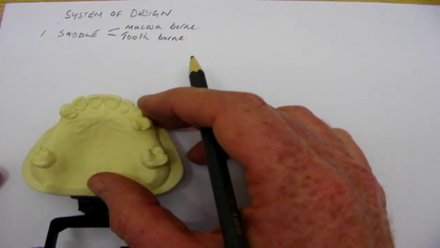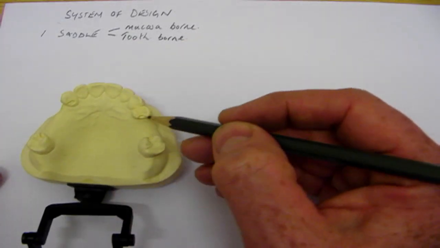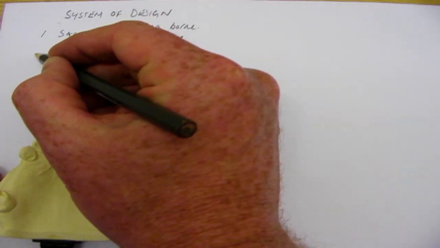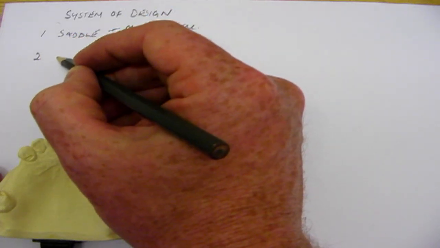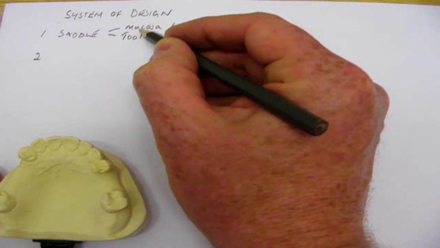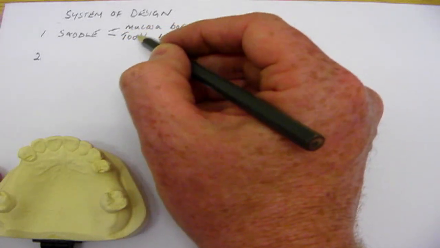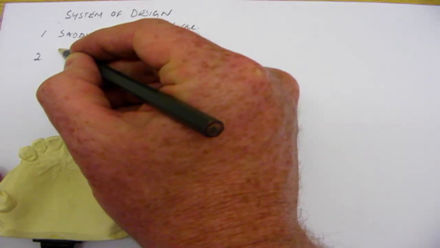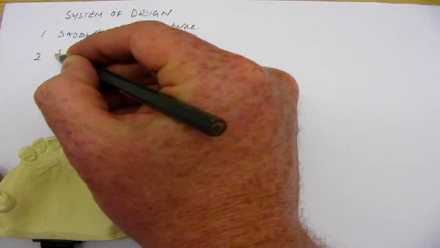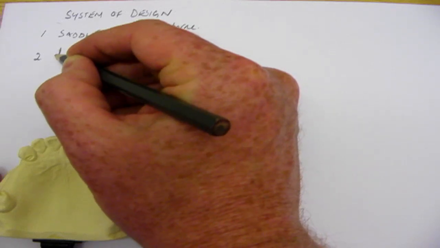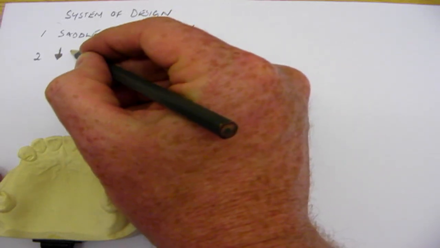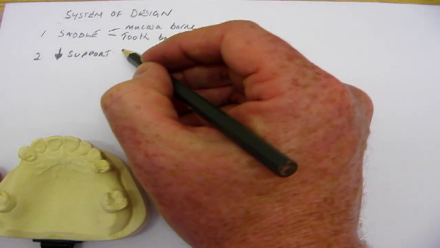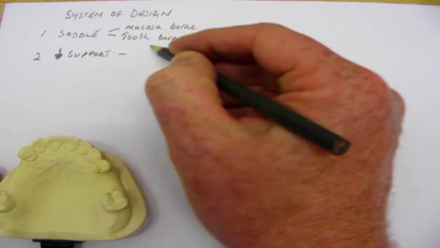Okay, so you would highlight your saddle area to start with, think about which teeth you're going to be replacing, and then secondly you would consider the type of denture and how you're going to gain your support. Again, this relates to the mucosa or tooth borne, or whether it's a combination of the two. So when we're planning support, you can consider support resistance of movement in the direction of the mucosa, so down towards the mucosa. I always think of it so. Support is resistance to movement down towards the mucosa,